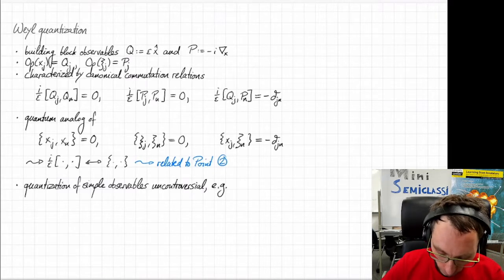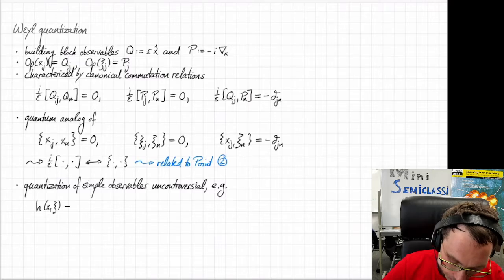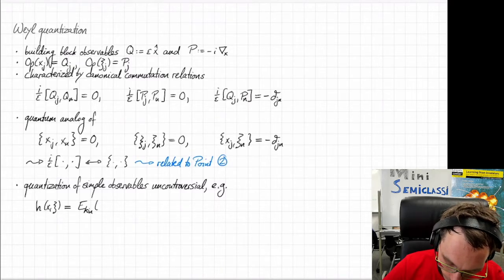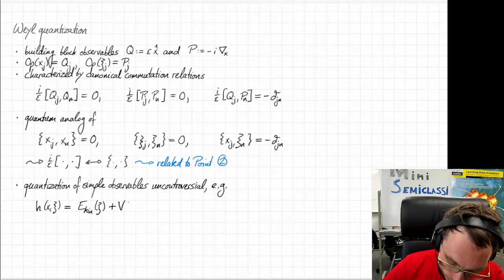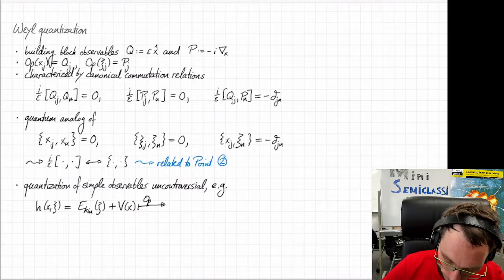So one example that came to mind is if the Hamiltonian is the sum of kinetic energy that only depends on momentum plus a potential that only depends on position, and that gets mapped, with the quantization map,